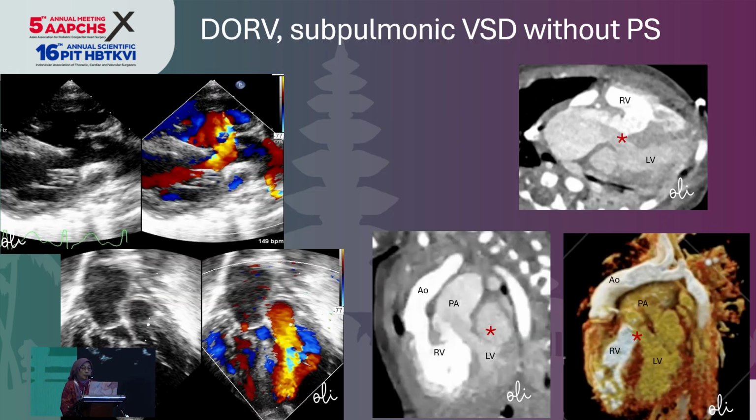Next case is a girl, 1.5 years old, with cyanosis. The echocardiography shows double outlet right ventricle, subaortic VSD with pulmonary stenosis, which was also confirmed by cardiac CT examination. Since the McGoon ratio is above 1.5, biventricular repair can be performed. The patient was then sent to surgery to have a double outlet right ventricle repair and pulmonary stenosis resection.